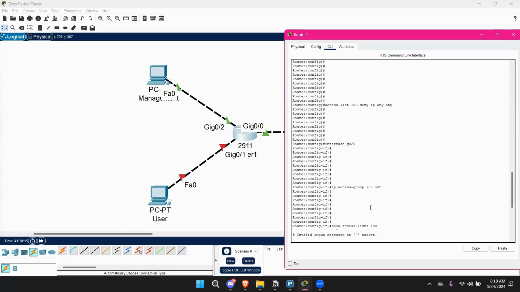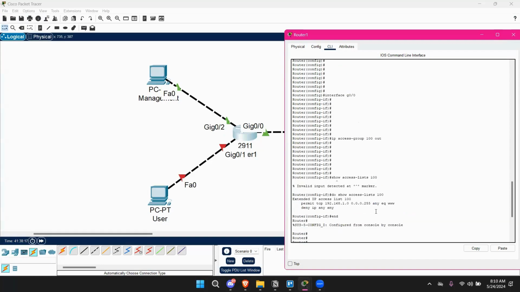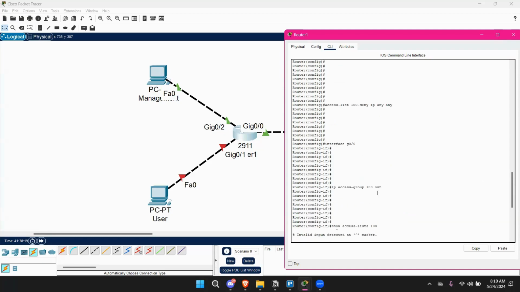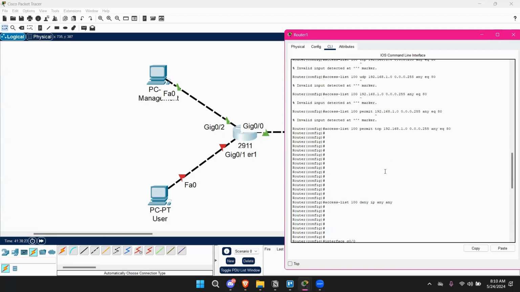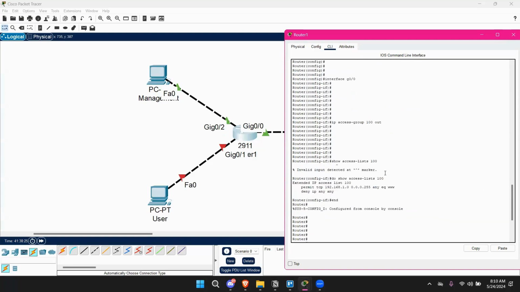You don't have to go through a lab. I think the best thing you can do to learn this and keep it in your head is to do what we just did: create the access list, and then add that access list to an interface, and then just verify that you created a standard ACL and an extended ACL. I think